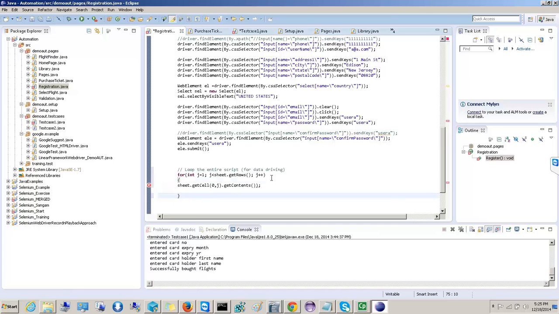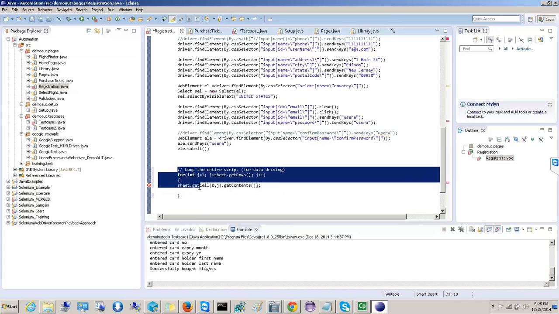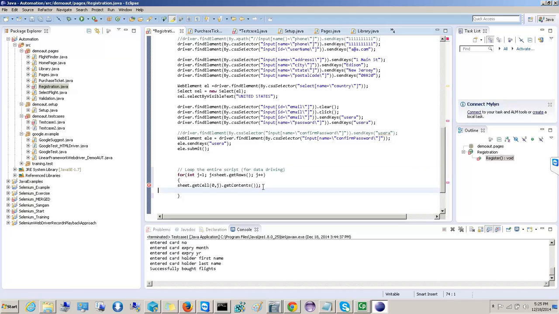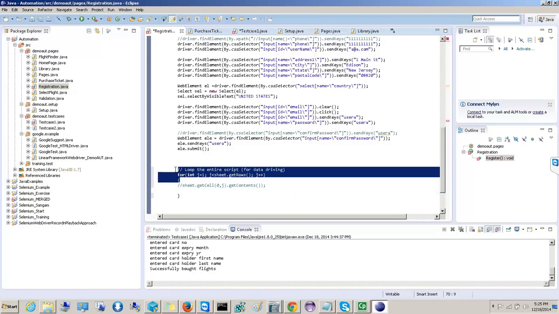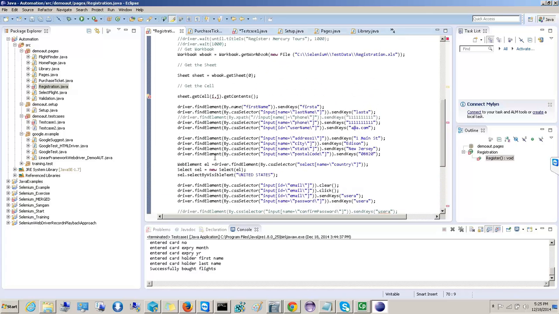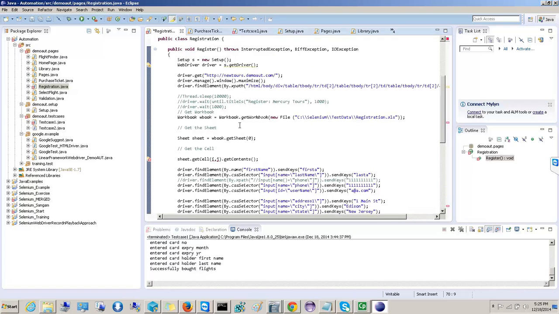So the whole for loop goes outside, everything goes inside the for loop. Let me put it here. So where can the for loop start? Immediately after opening the web page, right? So where the web page is,